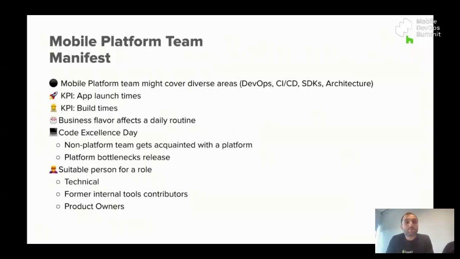And related to the other thing that Tamir mentioned, of how we get acknowledged by the product team for the things that we do, because eventually we work in the same environment, we use the same IDE, we're still placed relatively close to each other. A good way of doing so is organizing a Code Excellence Day, which basically means that once a month, the whole team is busy handling those bottlenecks that they probably had during their daily development.